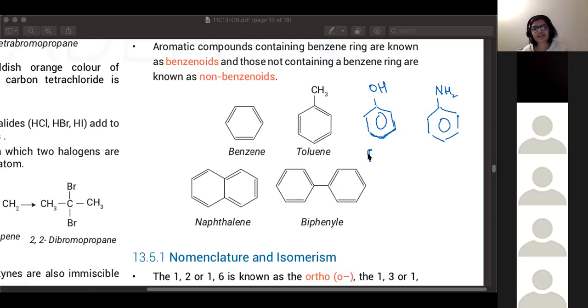Phenol. Yes. This is called, there's an aniline. So amine group attached, it's called aniline. If you have a carboxylic group attached, it's called,